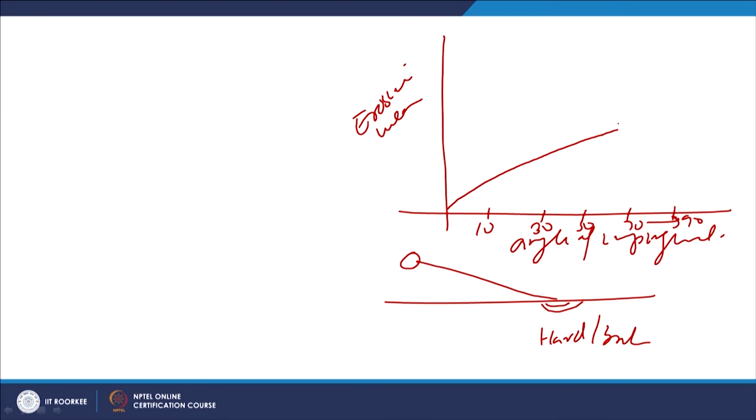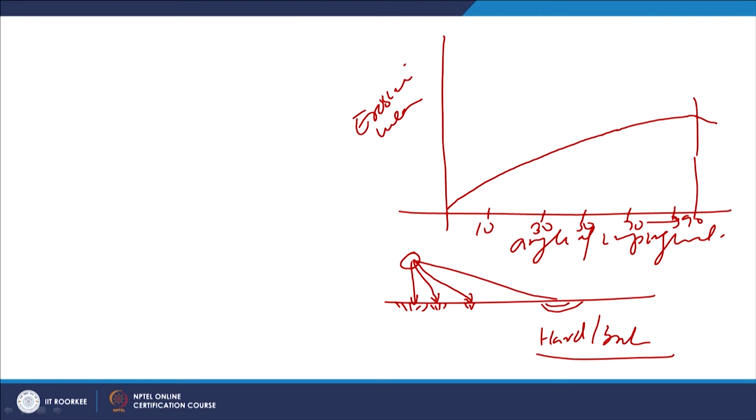Wear rate will keep on increasing as the angle of impingement is increased, and it reaches the maximum here. In case of hard and brittle materials, as the angle of impingement increases, the severity of the impact increases, and since the material is hard and brittle in nature, it promotes cracking. Increased cracking and coalescence, increased microfracturing leads to removal of material from the functional surfaces, and that is why in hard and brittle materials, increasing angle of impingement increases the erosive wear up to 90 degree, and thereafter it reverses.